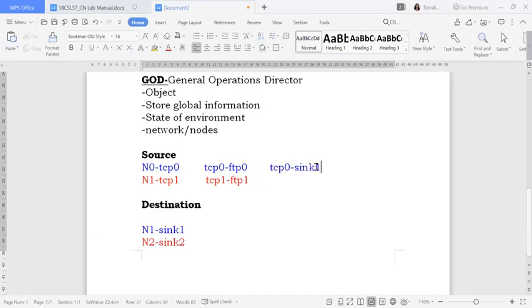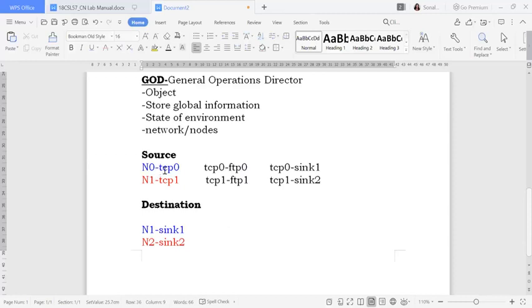So source to destination, and here again this TCP1 is going to connect to my sync 2. So I'll write TCP1 is going to connect to my sync 2. Okay, so I'll make it black because it is not at all related to my colored one. You will get confused otherwise. So these are my connections, how I have given the connections. I told you before, source to destination, we need to give the connections.